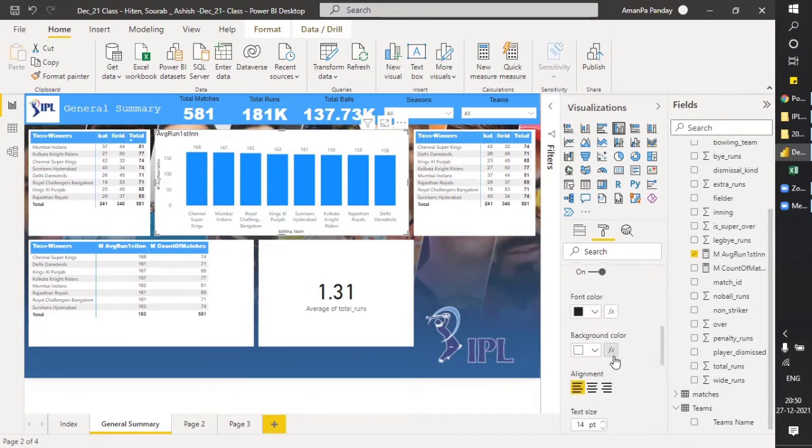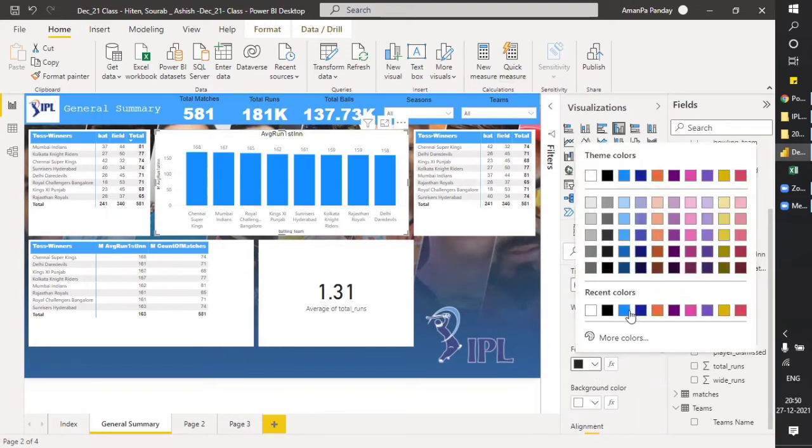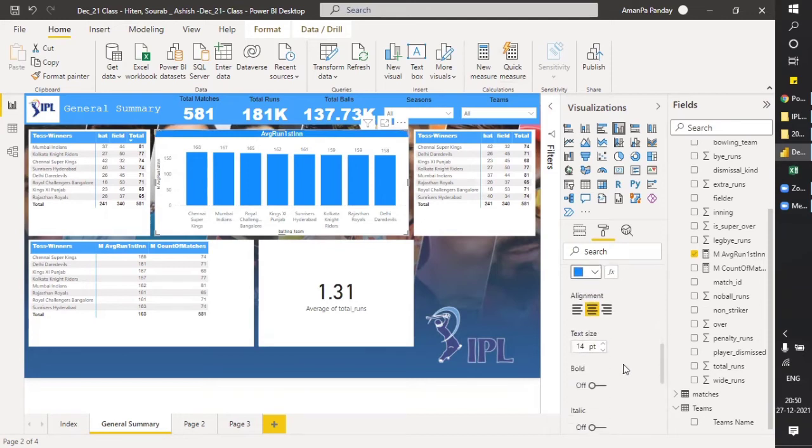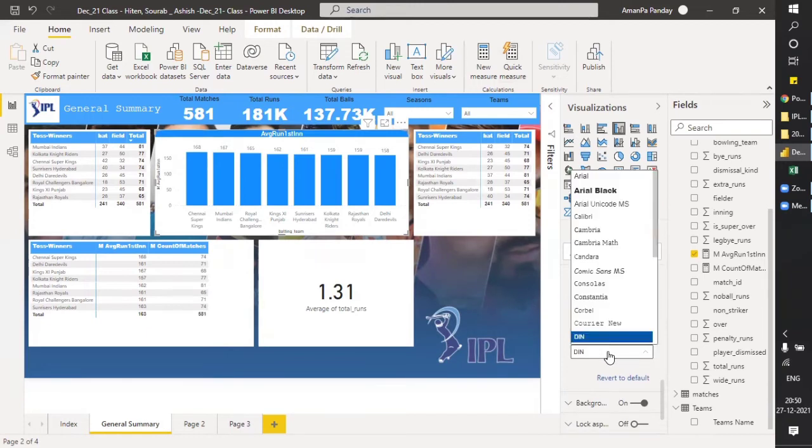Data color title should be in medias, and we had decided header should be 14, right? I believe so, and it should have a color of this. No, the font color. It should be white. Background color should be this. Yes, I believe so. And the text size should be Arial, right?